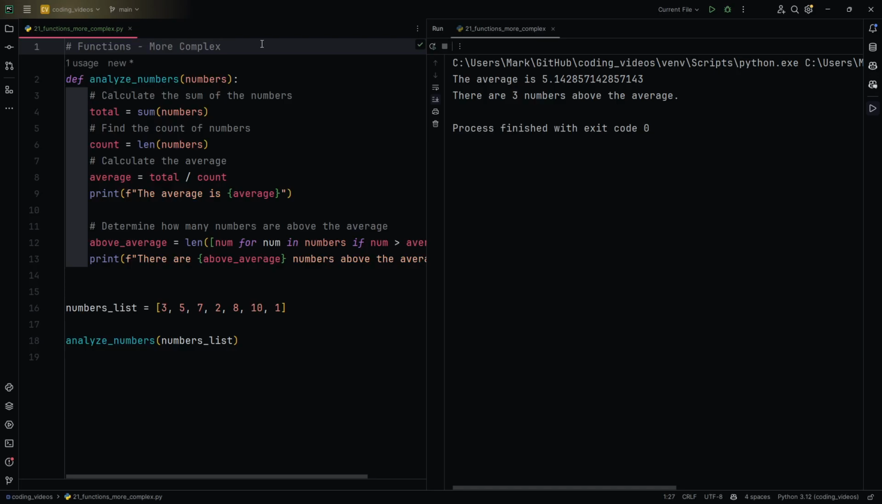In this video here, I just want to show you that functions can be more complex. In most of the previous function examples that we've seen, there was one line of code. But functions are able to save us multiple lines of code. So here we have multiple calculations happening in our function called analyze_numbers, and that's taking in a parameter